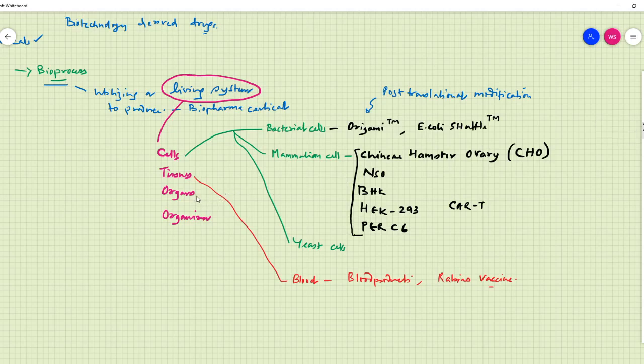What about organs? So if we have got, we can do a bit of engineering, and we can make transgenic goats, okay, which produce milk, and using the techniques of biotechnology, we can express our therapeutic protein in the milk of the goat, and from which we can separate. Yeah. For example, human antithrombin.